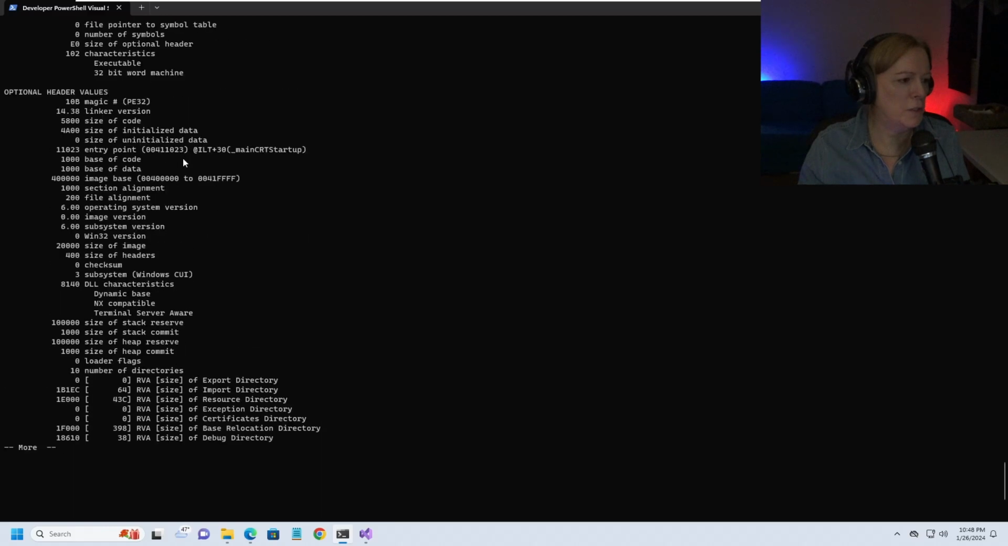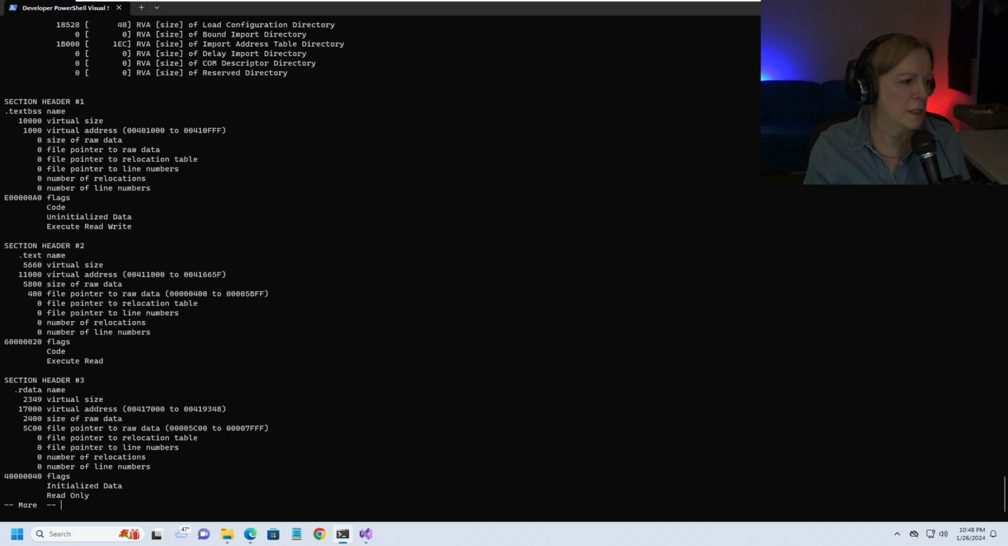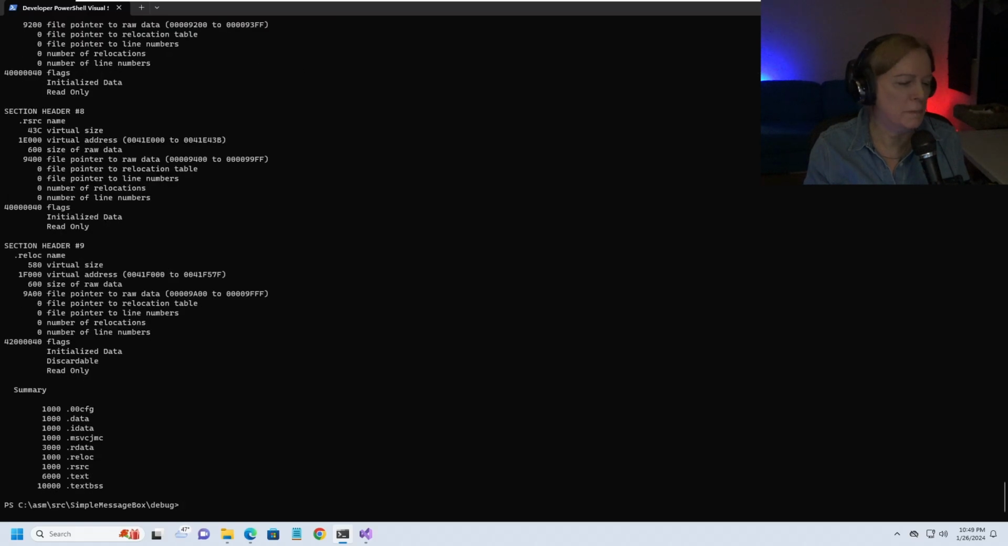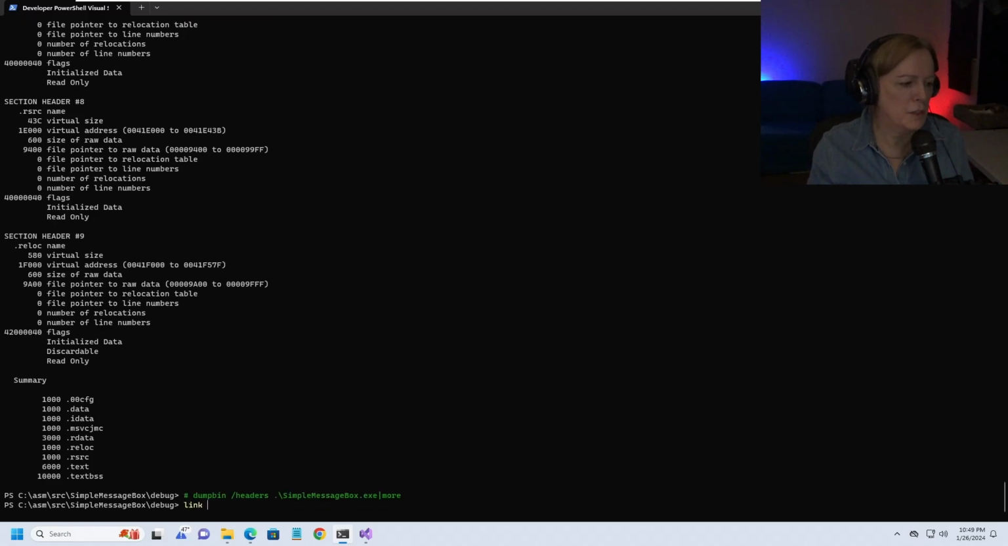And so what I want to do is just scroll through this. We're not going to go through this in great detail, so I'm just going to hit the space bar to go through all the pipe more. What I wanted to show you is, notice how I did dumpbin in here. I'm going to just do link /dump /headers, and the same thing here,